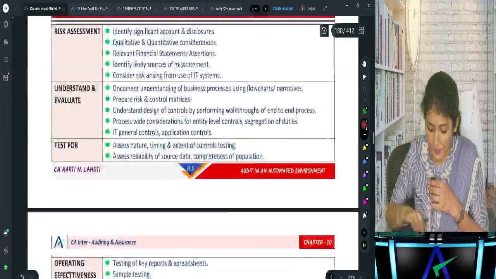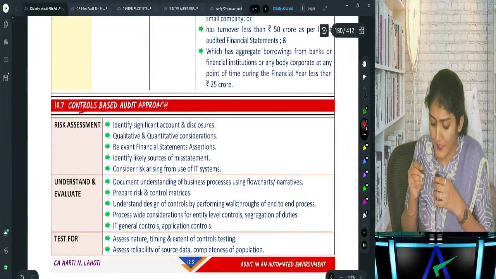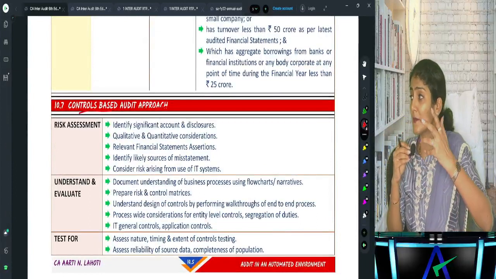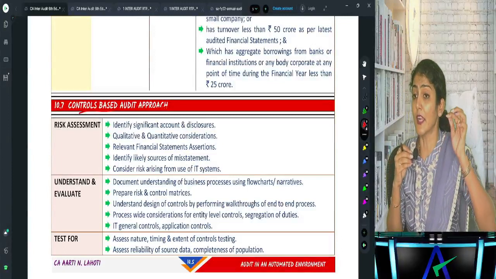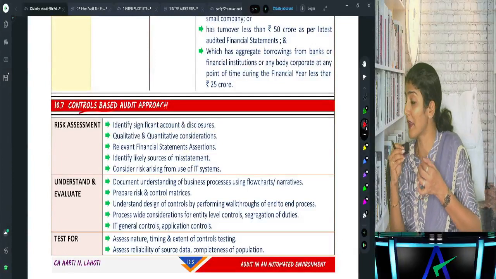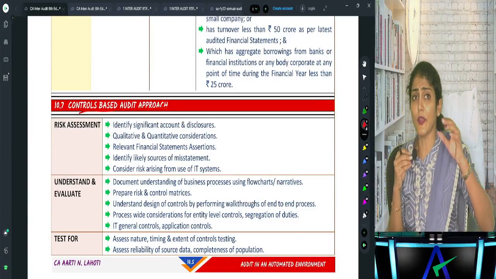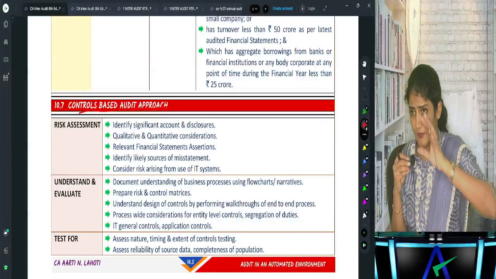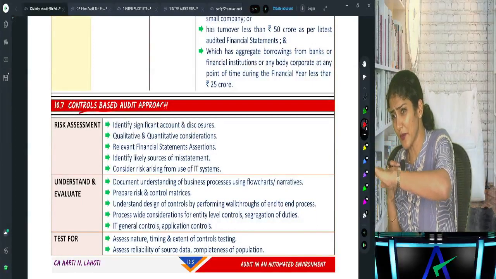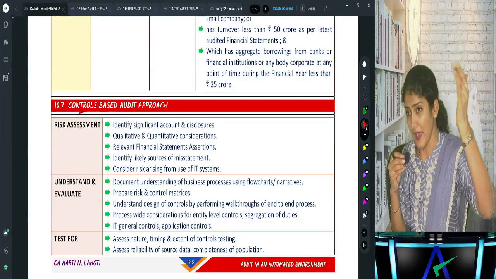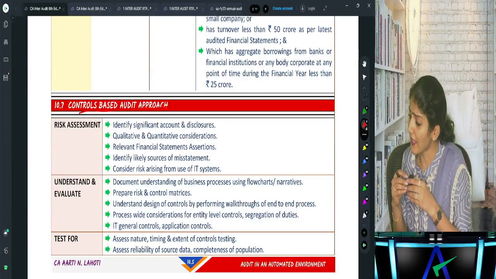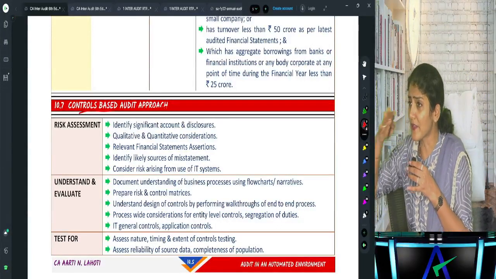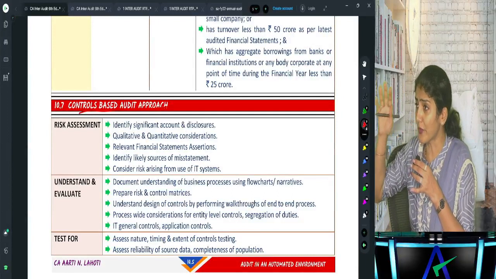Right, then next question which we have over there is regarding the control based audit approach. Right, so in SA 315, 330, 450 we talk about the risk based audit approach. Here we are talking about the control based audit approach. I continue with the example I had given you today morning, or before that, Airtel. If I want to check the revenue recognition of Airtel, does it make sense to check it manually, or should I check the controls related to the same? I should check the control. Why? Because if I tell the client I want to check it manually, they say, what is the use? There is no manual control. It is 100% automated over there.